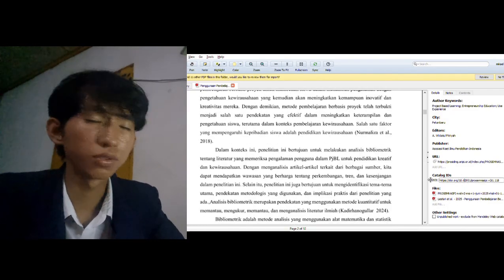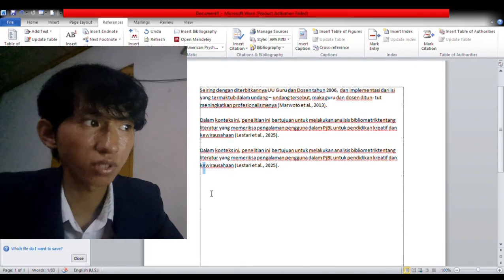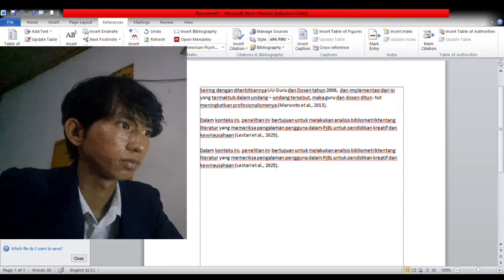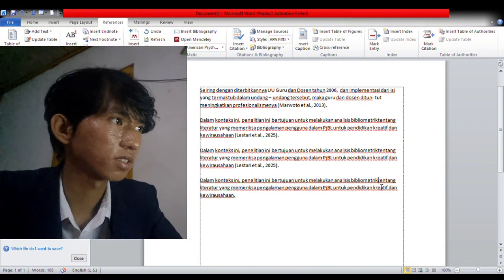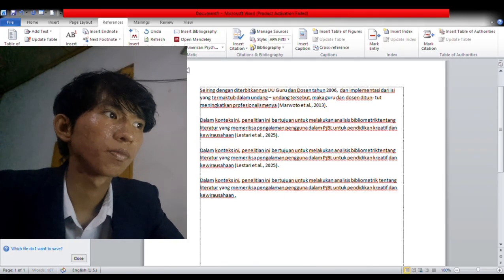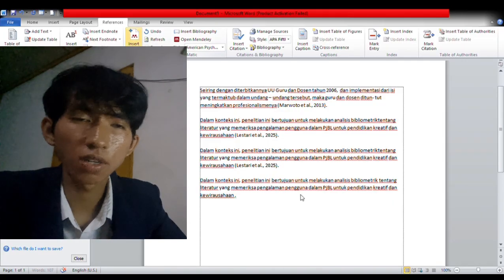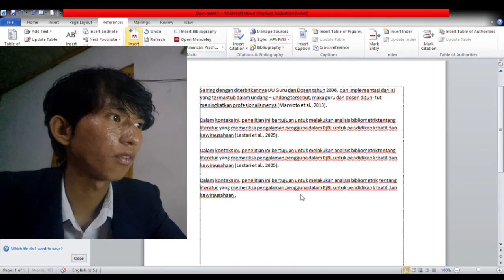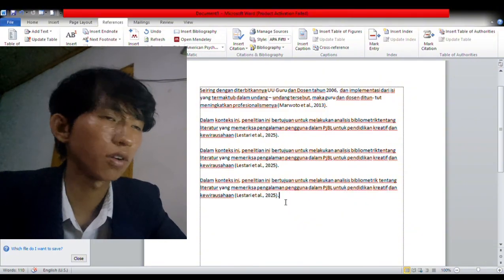After that, if you want to make a citation, copy the text you want to use. Copy the first words, and remove the points, you need a space, and go to insert citation. Go to Mendeley. Mendeley will open, and you need to choose your file and click save. It will auto cite.